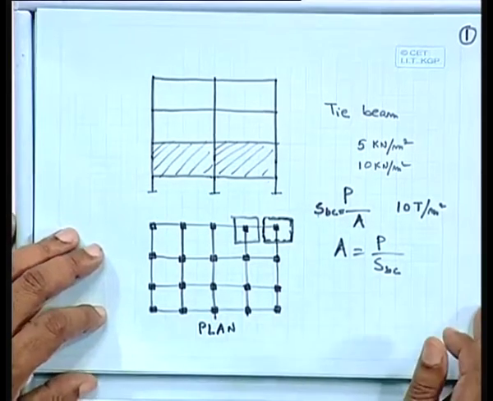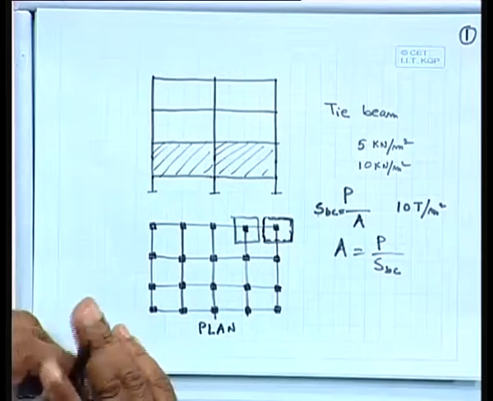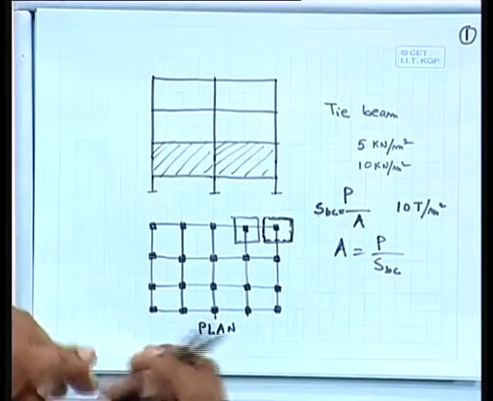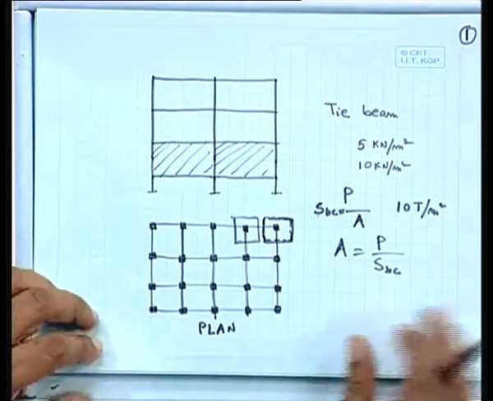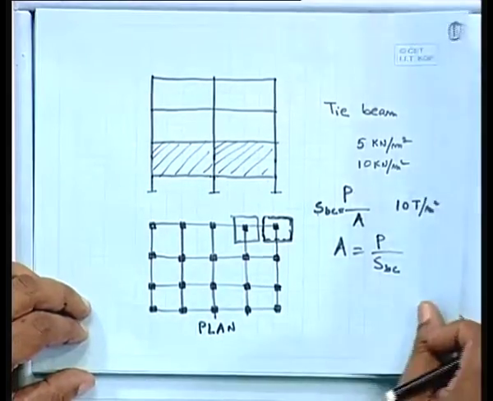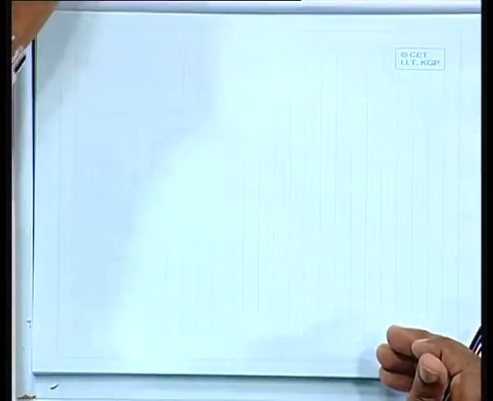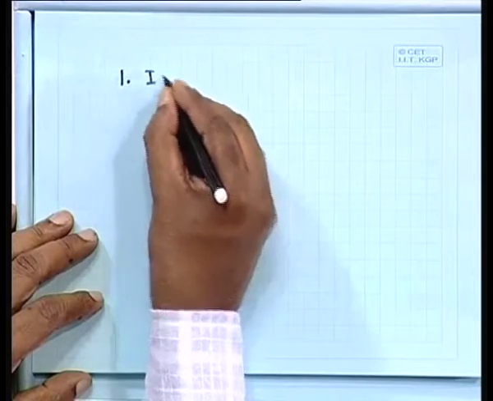For bridges particularly, also for high rise buildings, we have pile foundations. Particularly for bridges we make pile foundation, also for high rise buildings, not for ordinary ones, say 3-storied, 4-storied or 5-storied. But if the bearing capacity is less, then we have to make pile foundation also, that is also possible. Now one case it may happen, that is called isolated footing.